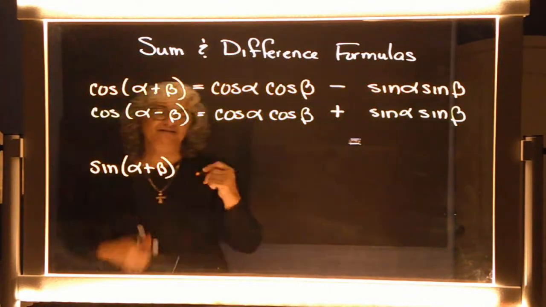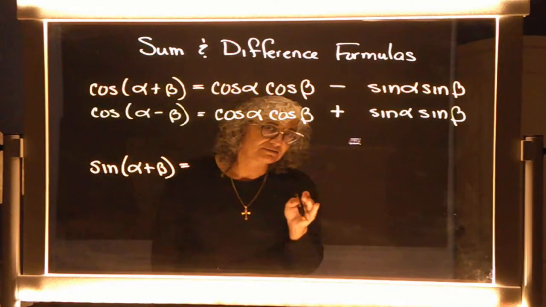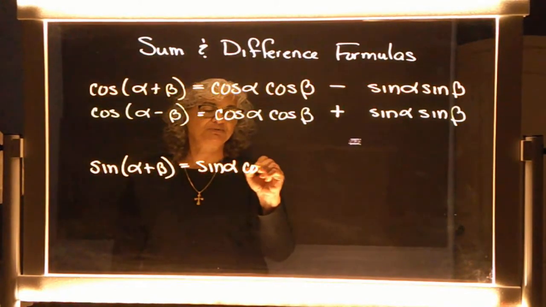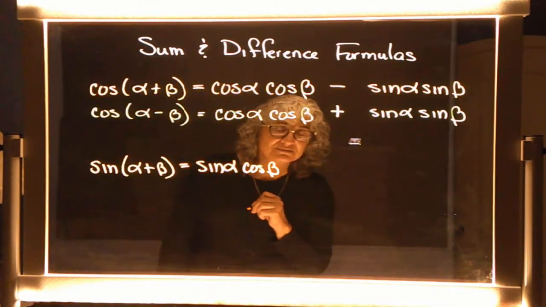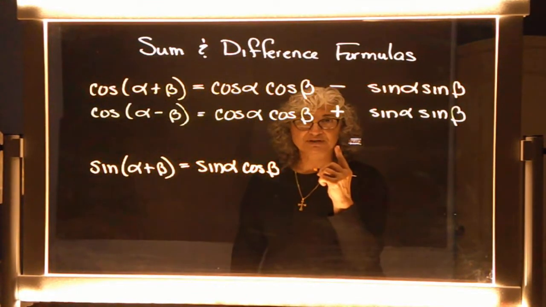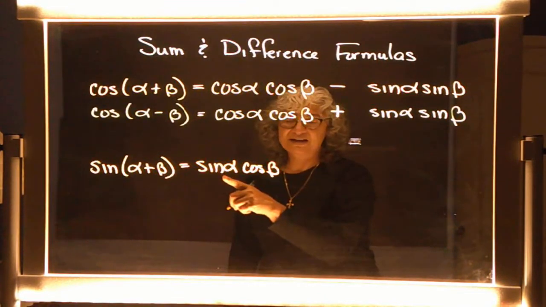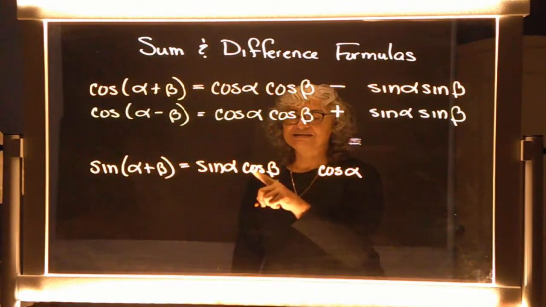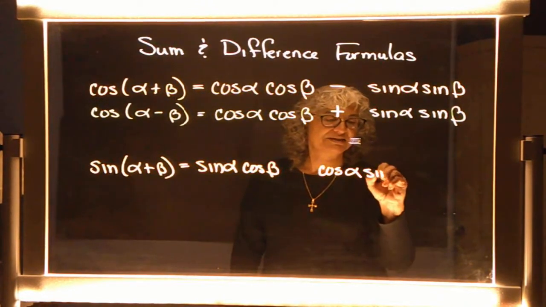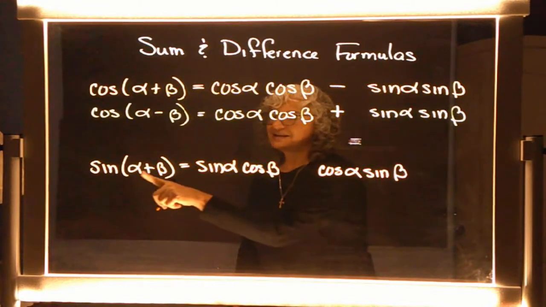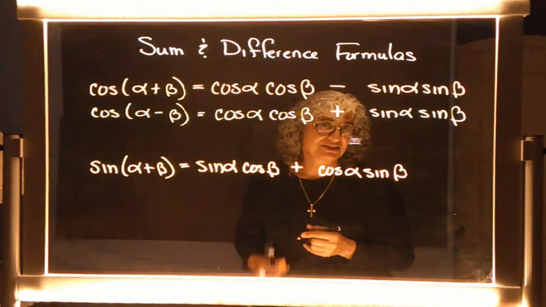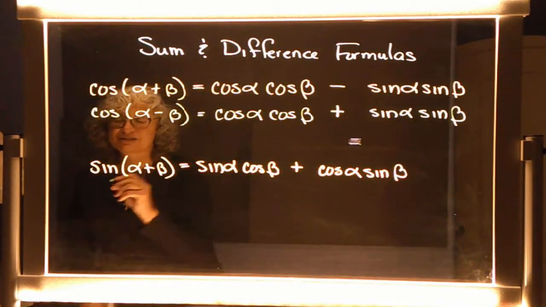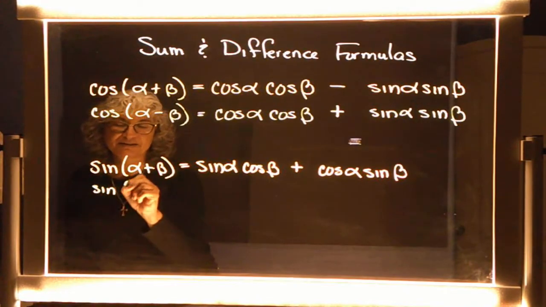So let's talk about this sine function. Sine isn't greedy, so just watch. I'm going to take the sine of the first one and multiply it by the cosine of the second one. And then it gets to be flipped. Since I took the sine of alpha here, I'm going to take the cosine of alpha. Since I took the cosine of beta, I'm going to take the sine of beta. And since sine was not greedy, addition stays addition. Cool? Okay. Let's talk about if we subtract the two,